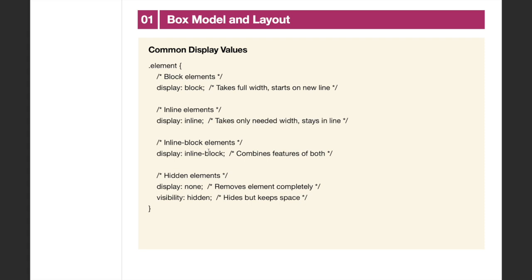और अगर तुमको कुछ चीज़ हटाना है, if you want to hide something, then display none should be done. You can also use visibility hidden, but दोनों का डिफरेंस यहाँ पे क्लियरली लिखा है कि display none जो है वो एलिमेंट को बिल्कुल वहाँ से हटा देगा, जैसे वहाँ पे एलिमेंट कोई था ही नहीं, ठीक है। But visibility hidden क्या करता है कि वहाँ पे एलिमेंट तो दिखाई नहीं देगा आपको, but वहाँ का एलिमेंट का स्पेस रिजर्व रहेगा उस चीज़ के लिए, ठीक है। तो इस बात को हमेशा ध्यान रखना।